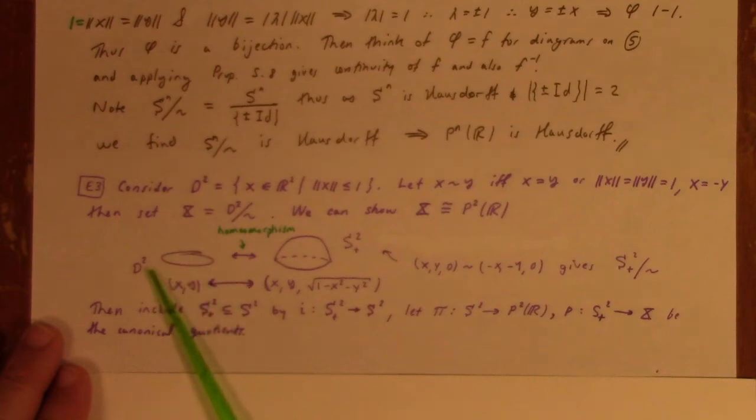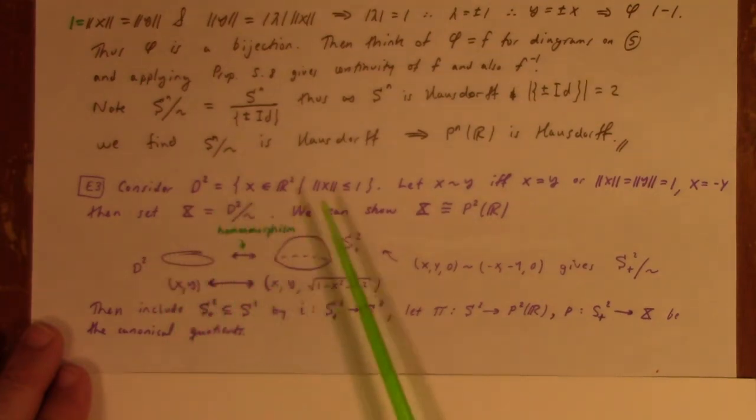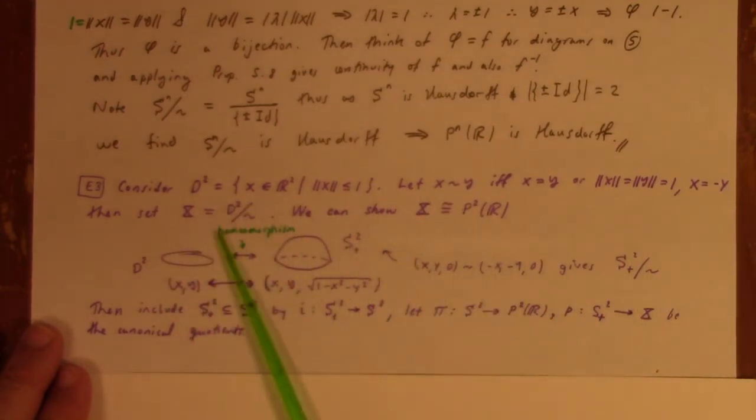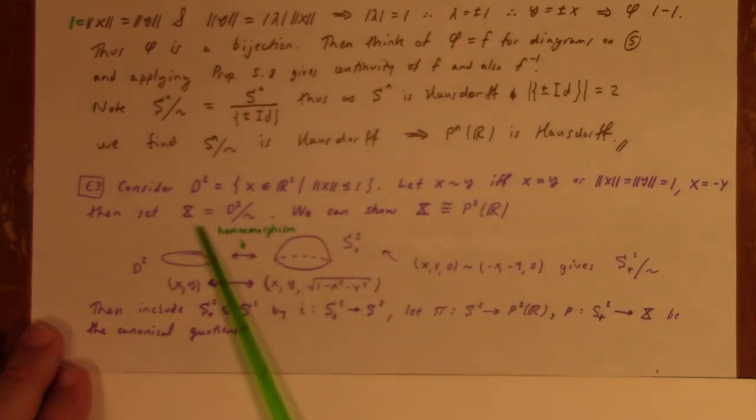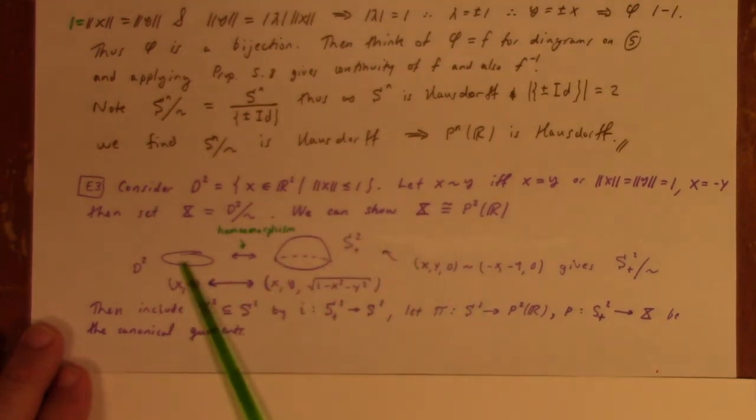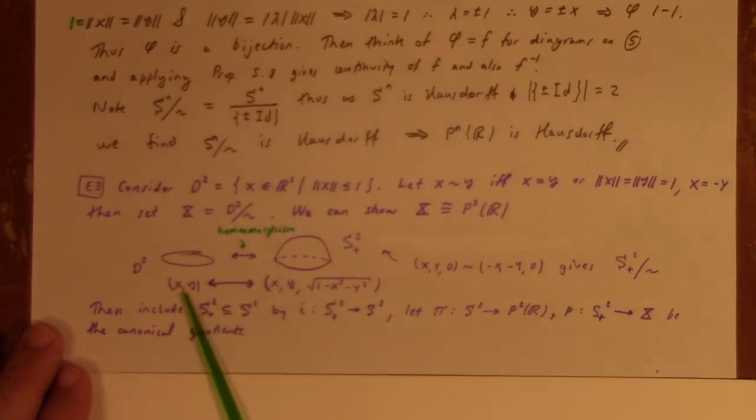Then, if we use this equivalence, that is yet another way to look at projective 2 space, I believe. Because the way it works is this: you can take the D2, that's homeomorphic to, you can just imagine a rubber sheet and just blow it up into a half a sphere, right? Well, that's a homeomorphism. Here's the formula. This maps to that, and that maps to this,